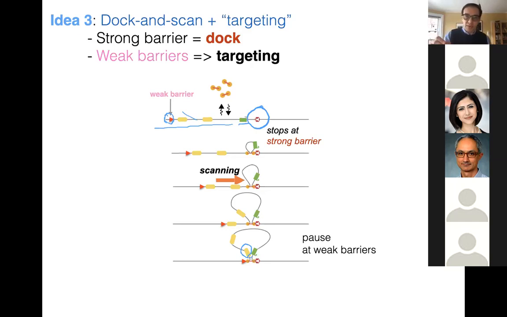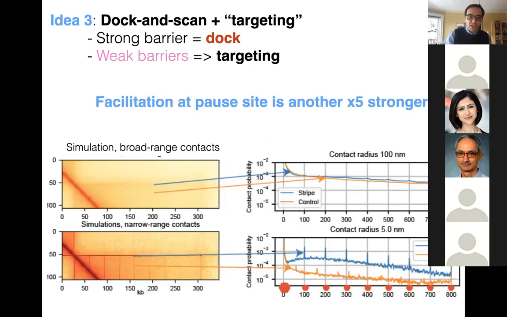It would interact with them, so they would be scanned through, but it wouldn't dwell there for longer. So by placing weak boundaries, you can kind of focus these interactions. In simulations, we see this very clearly. So if I start placing weak boundaries at particular places in the genome, they will become very visible in simulated